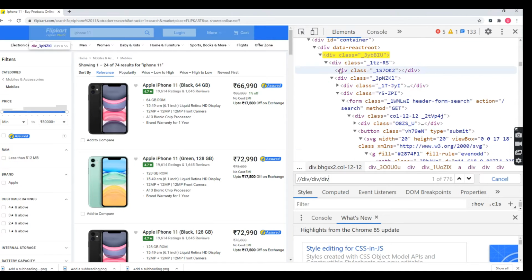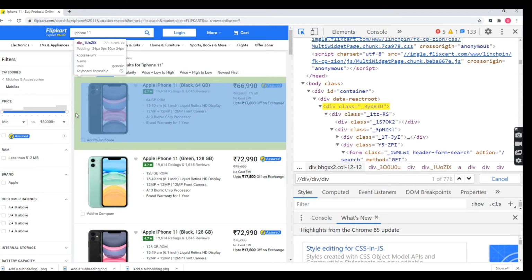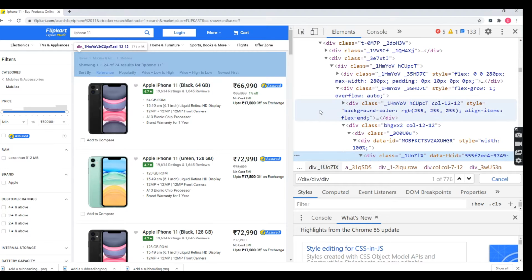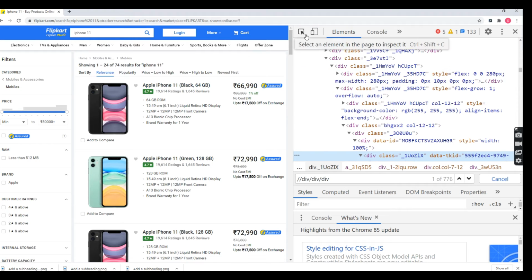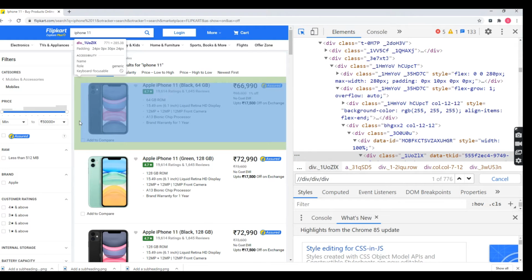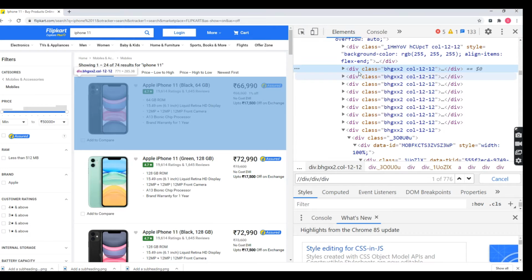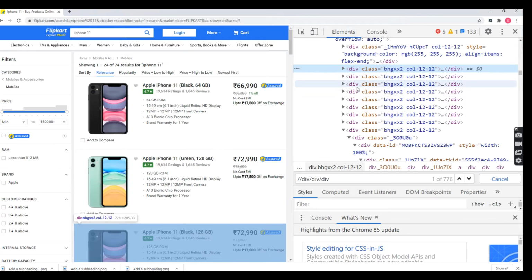So here, what am I going to do? Now I have got which is the parent tag. I'm going to ignore that one. Which text are we going to focus on? This text. I'm going to print all these text values. So now we are going to focus on this div. Here you can see this is the tag, it is highlighted: first Apple iPhone. This is the tag, highlighted the second one, the third one, like that.